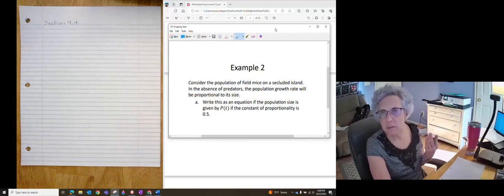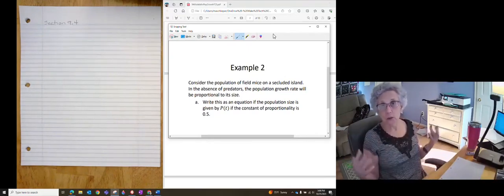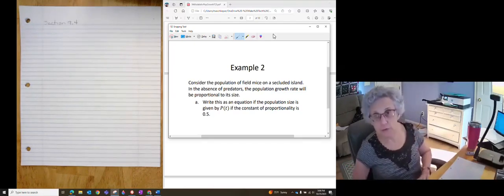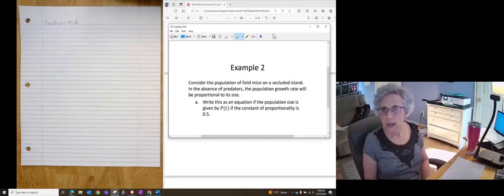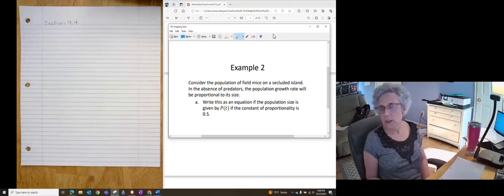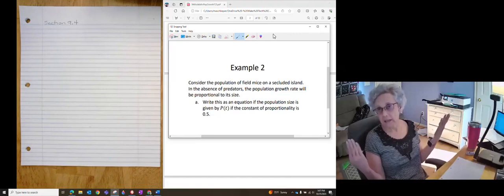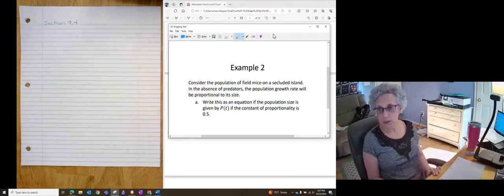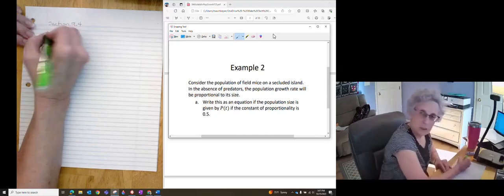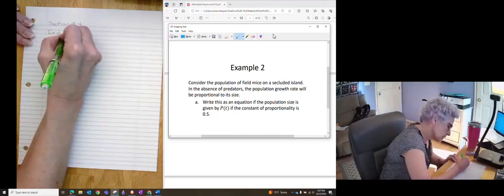So I took this example back from the first section where we were introducing differential equations. It says that for a population of field mice on a secluded island, in the absence of predators, the population growth rate will be proportional to its size. That's natural growth. So write this as an equation if the population size is P of t and the constant of proportionality is 0.5. This is example 2